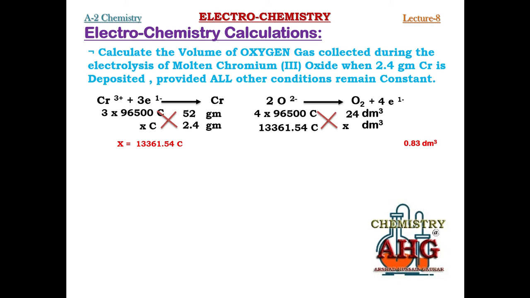The second shortcut method I can tell you, that is a very simple method that you can also use whenever you have been given this style of question, when all other conditions remain constant. No current is given, no time is given. What you can do, simply you will have to write down a balanced chemical equation for the electrolysis of the given compound. Now which compound are we electrolyzing in this experiment? You can see chromium(III) oxide, Cr2O3. So what you will do, when you electrolyze this Cr2O3, it will decompose, it will break into chromium solid and oxygen gas.